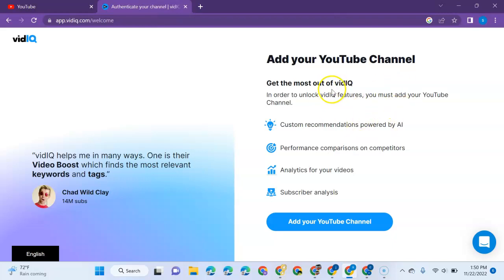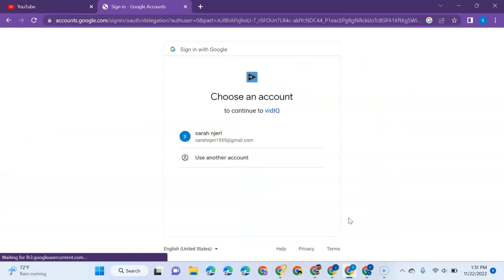With Vid IQ, you will enjoy some bonuses like analytics for your videos, subscriber analysis, and custom recommendations powered by AI. You'll get titles suggested and recommended by AI, and this AI has a Google Chrome extension which allows users to analyze video analytics data. So for Vid IQ, you'll get search engine optimization, and I really wanted to use